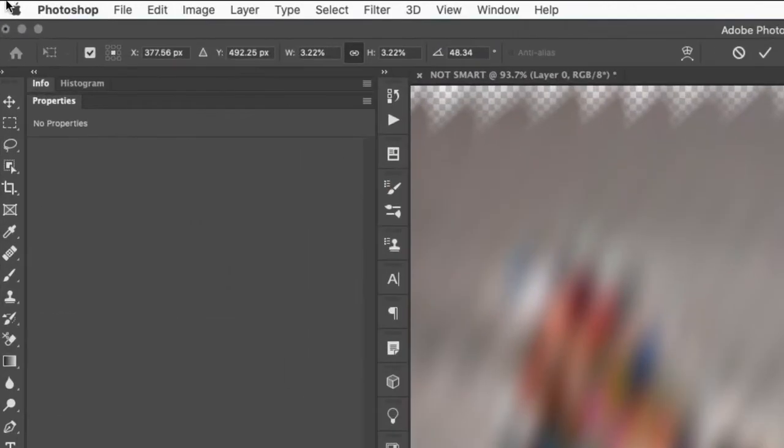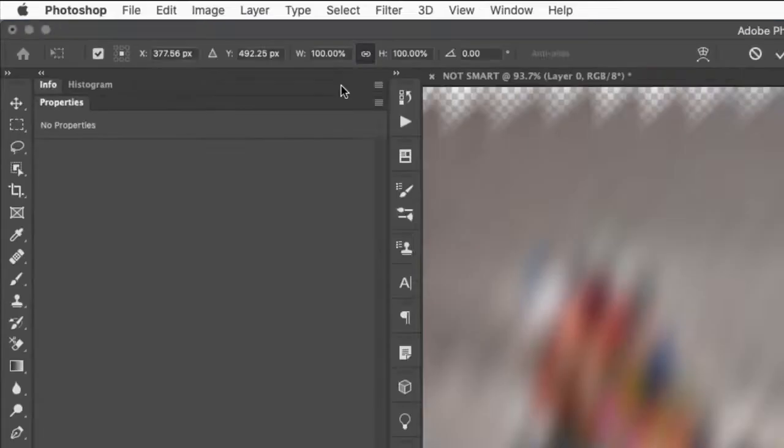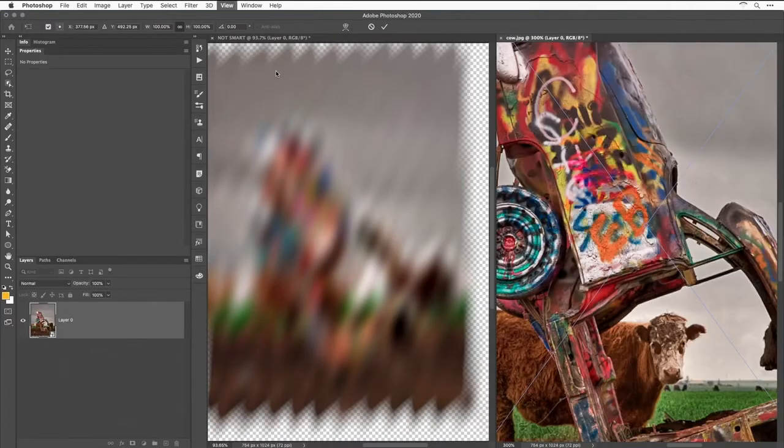But here with a smart object, it knows that I've rotated it, and if I look up here in my options bar, I can see what angle it's been rotated to. If I select the number for the angle, type in 0, then press return, that should straighten it out. So now it's back to the way it used to be. Also in the options bar, it tells me exactly what size this had been scaled to, and I could just select that and type in 100 and press return,